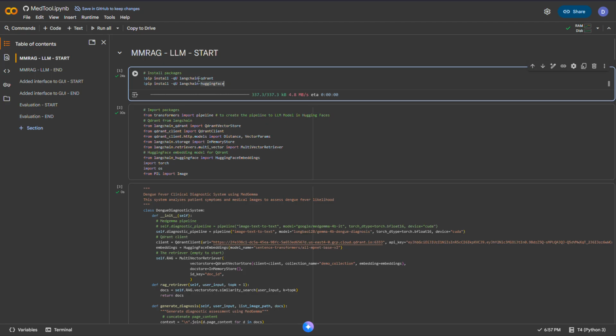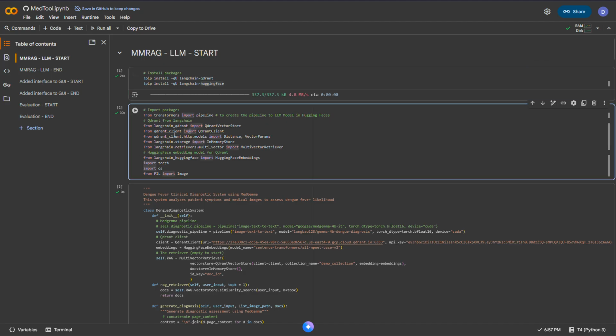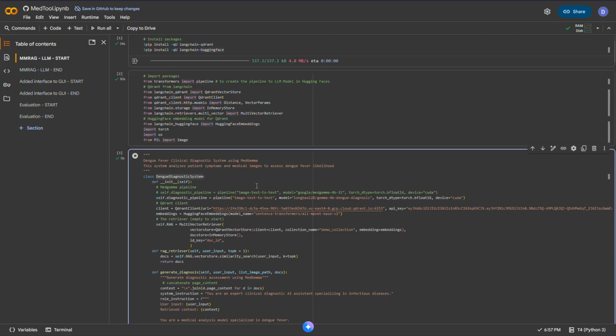First, we need to install the package, the LangChain Qdrant and LangChain HuggingFace interface for the vector store, vector database, and also the HuggingFace interface for some of the APIs that we need to use, and then import the package. And here I create the class with the DiagTool diagnostic system. In the init function, we initialize the pipeline of the fine-tuned model that we have in our team. This is the fine-tuned Gemma 4B, and this is the multimodal model with image and text,